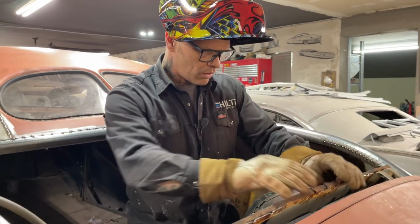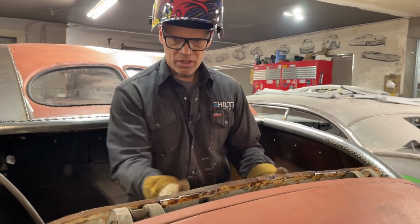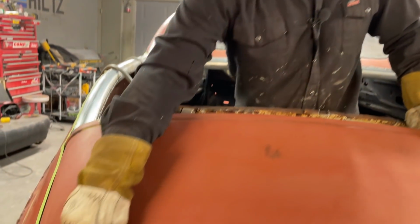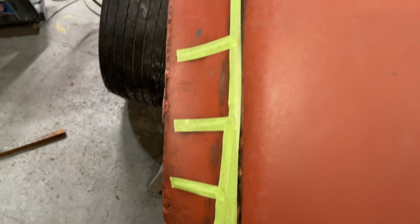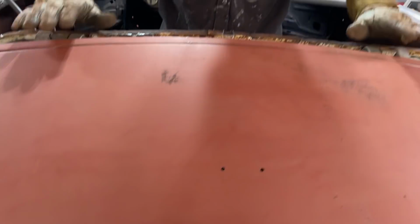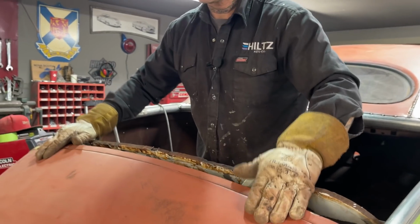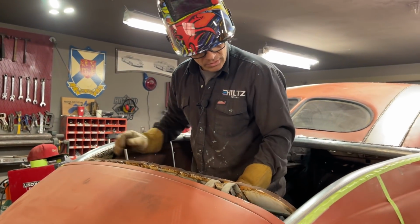No grinding involved. It's in place. The package tray is not going anywhere. It's where we got the trunk lid welded down there. It's holding it in place. I got it welded on the side, and I got the trunk lid welded on this side. We got the package tray welded in place, so the hinges are where they should be. We got a little bit of gap going on there. I'm saying that we got adjustment on the trunk lid a little bit. We should be